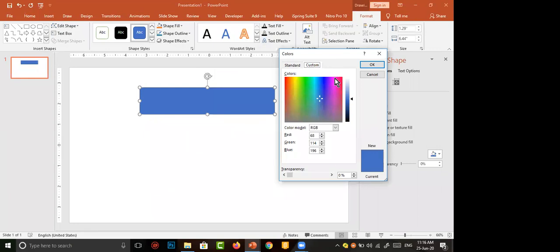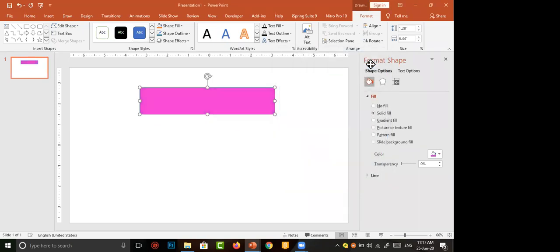So I move to the area in which pink is appearing. I click on the pink region, then choose some thickness. I click here, then go to OK. Now the color is changed to pink.